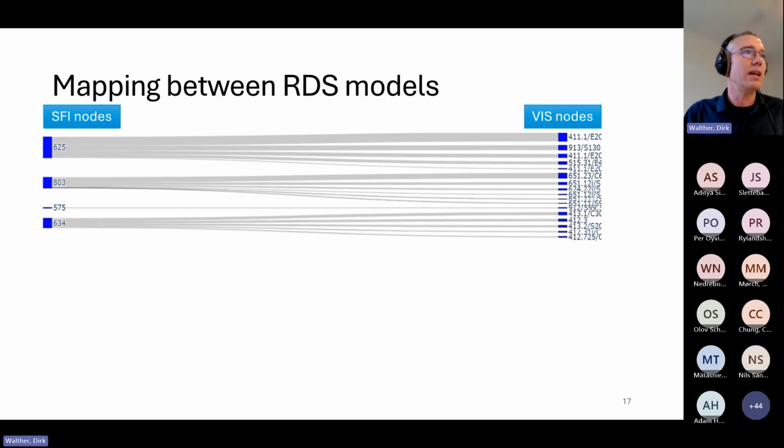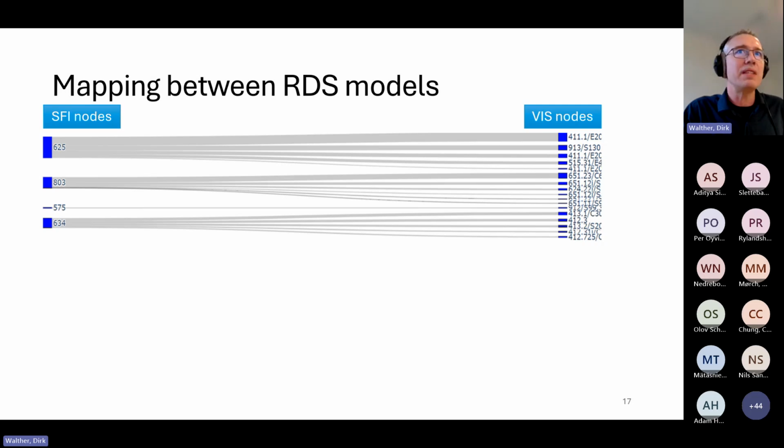Now we in DNV, this slide is not showing well. We looked at reference designation systems. In DNV, we have the vessel information structure, which is a model to describe ships. And SFI is also a coding system for describing ships. And you see here that nodes in SFI map actually to several nodes in the vessel information structure model.